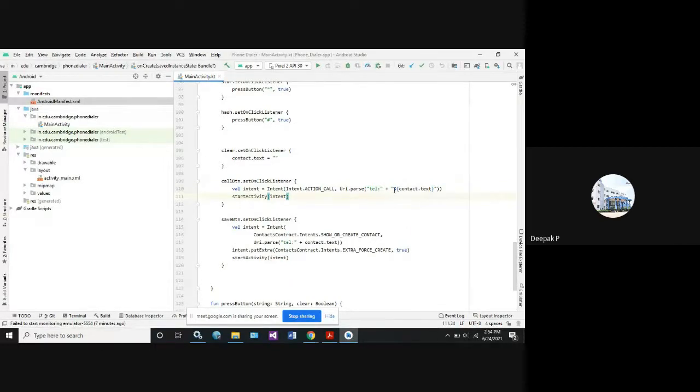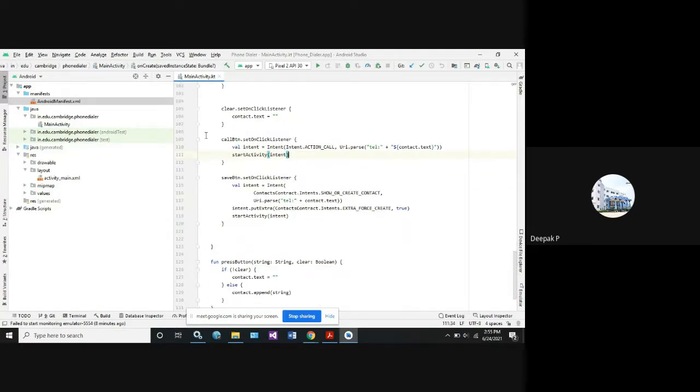So dollar of the respective numbers. Once it is done, it is stored into the variable called intent. You can next directly start the activity, start activity of intent. When this function is executed, it's going to call the respective phone number. Okay. Next thing, this is regarding the call button.